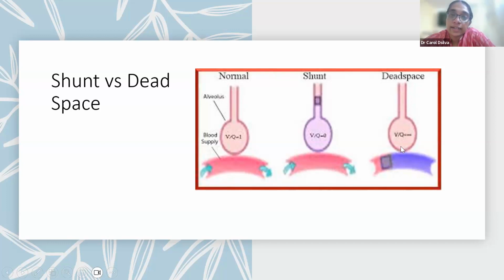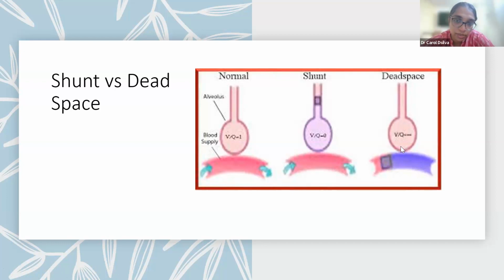There could also be increased ventilation, like an increased tidal volume, breath stacking, auto-PEEP. These are also causes of dead space. You also have apparatus dead space. If you put too many connections, that will add to your apparatus dead space, but that's different from what I'm talking about here. This is more of a physiological dead space. So these are two important things. A change in the ventilation or a change in the perfusion, a mismatch, can also hamper your gas exchange